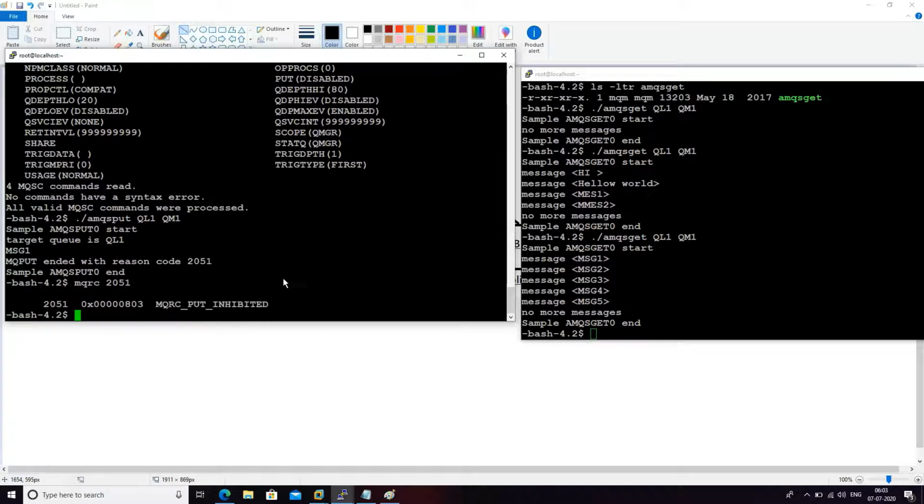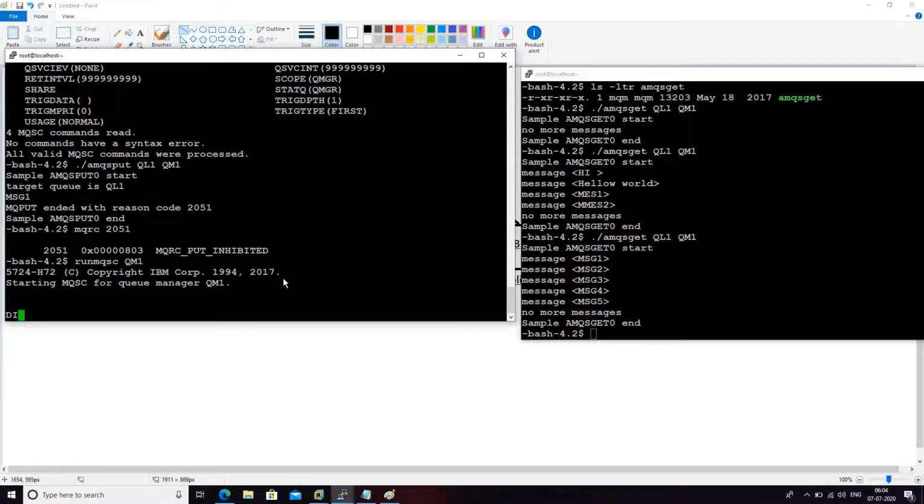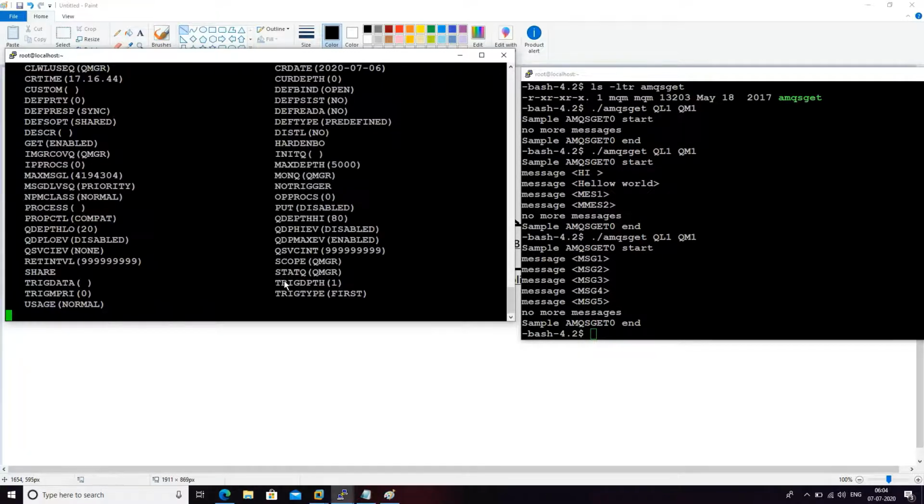You directly go to your queue manager, display qlocal QL1, and check the property of put. Oh, it's disabled.